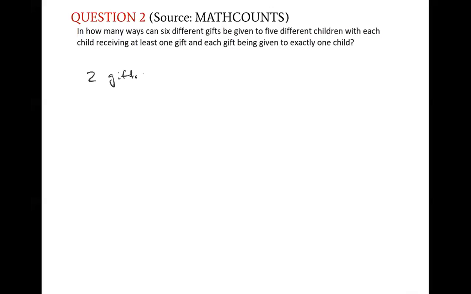we can choose, first of all, which 2 gifts that kid gets by doing 6 choose 2, and that will give us 15. And then since there are 5 possible children that can get 2 gifts, we multiply this by 5. And then for the other kids,